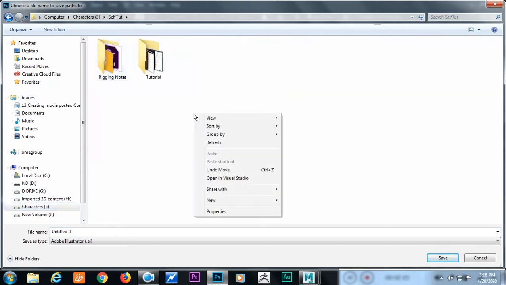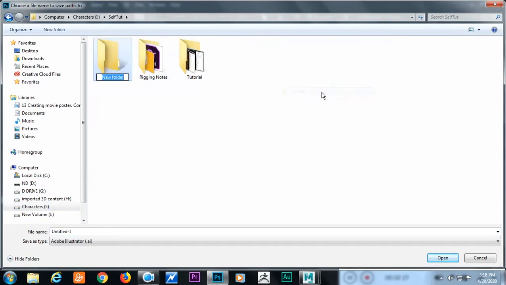For this tutorial, I'm going to create a new folder, and I'm just going to give a name to the folder: Shape Curve.